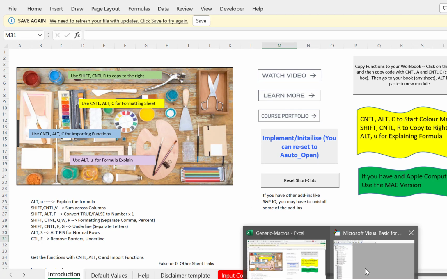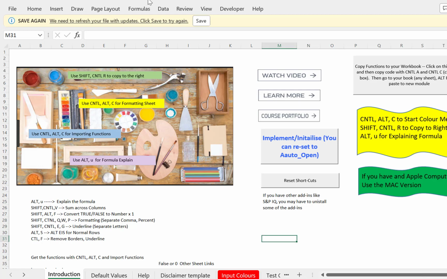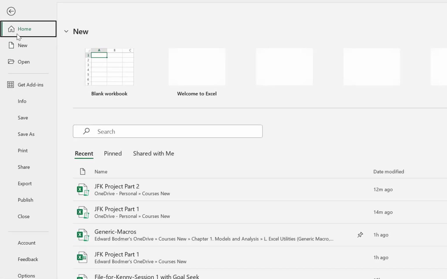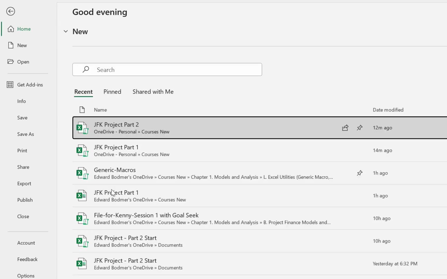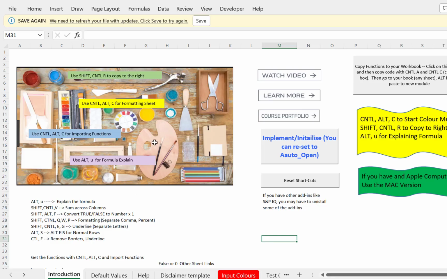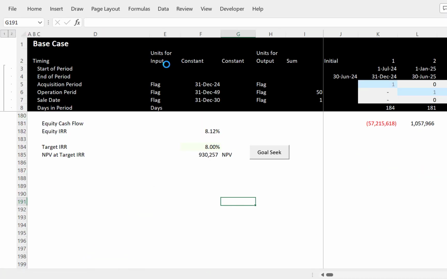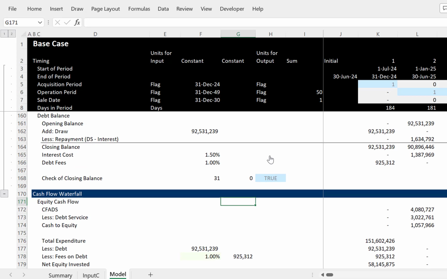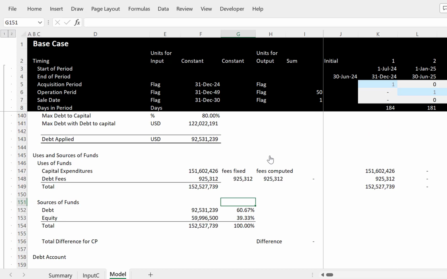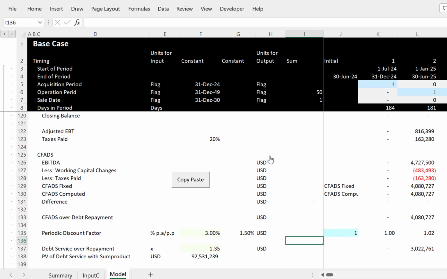Oh my god. Oh my god. Oh shit. Well, this happens when you have a thing too, don't you? I'm glad we saved it. So now the goal seek worked, and the check of the closing balance worked, the difference worked. You would put all these, if you had all this time, you would put all of these into